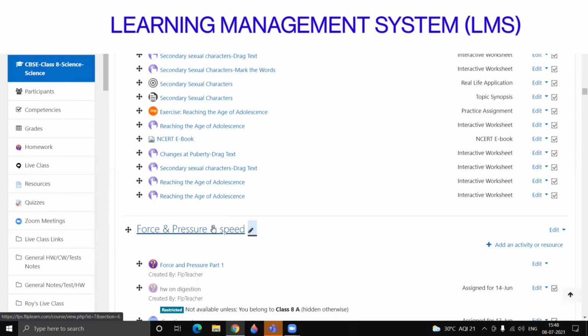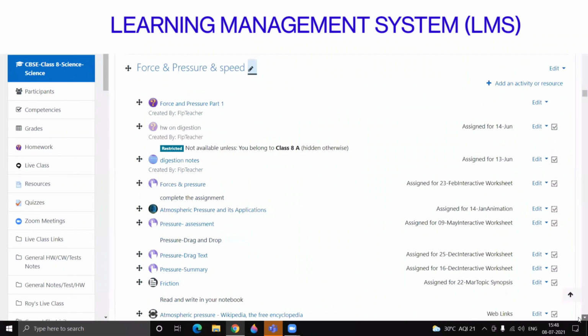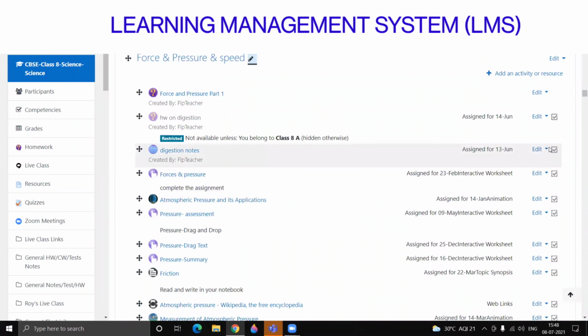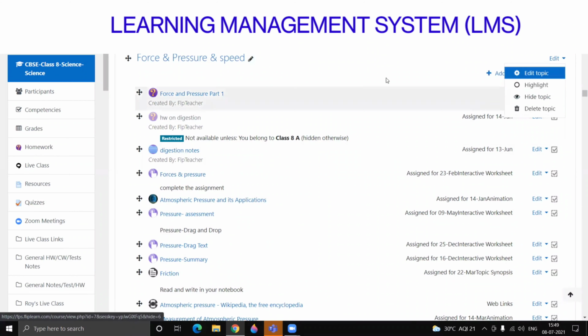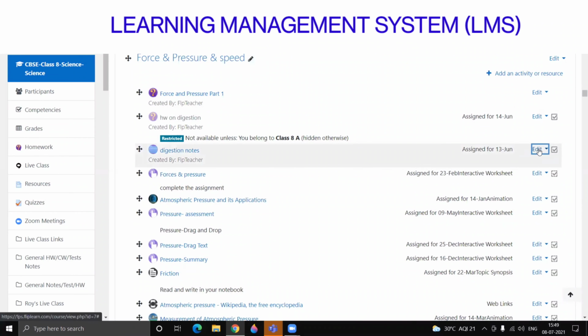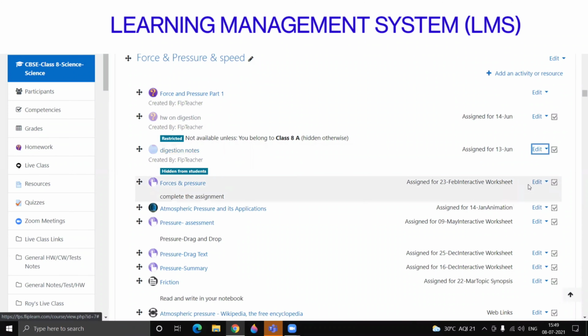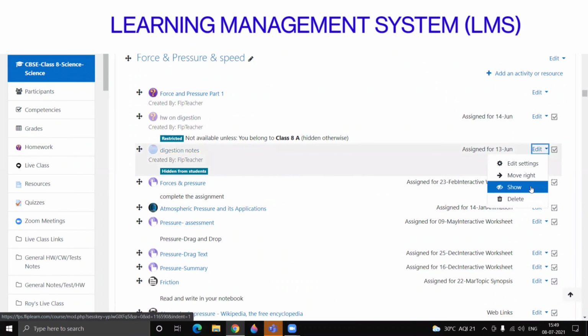And if the teacher wants to hide some chapter or a topic, that's also possible. Now due to the pandemic situation, probably the syllabus might be cut down, or the teacher teaches first and the students see it later. For whatever reasons you want to hide any chapter, you can hide it. So we go with edit and you can hide it. If not, you can go with topic wise and go to this topic and hide. Once this is clicked on hide, that means it is hidden from the students and the child cannot see it until you open it for them.